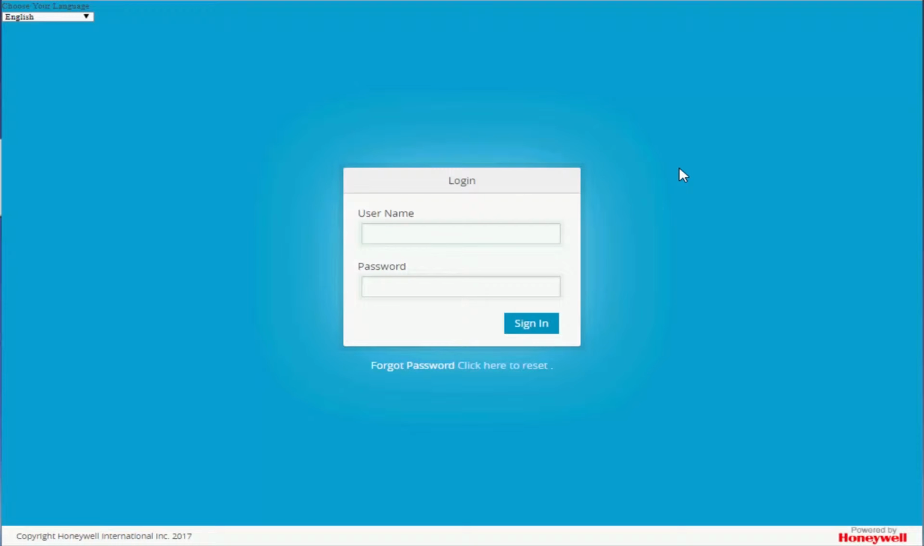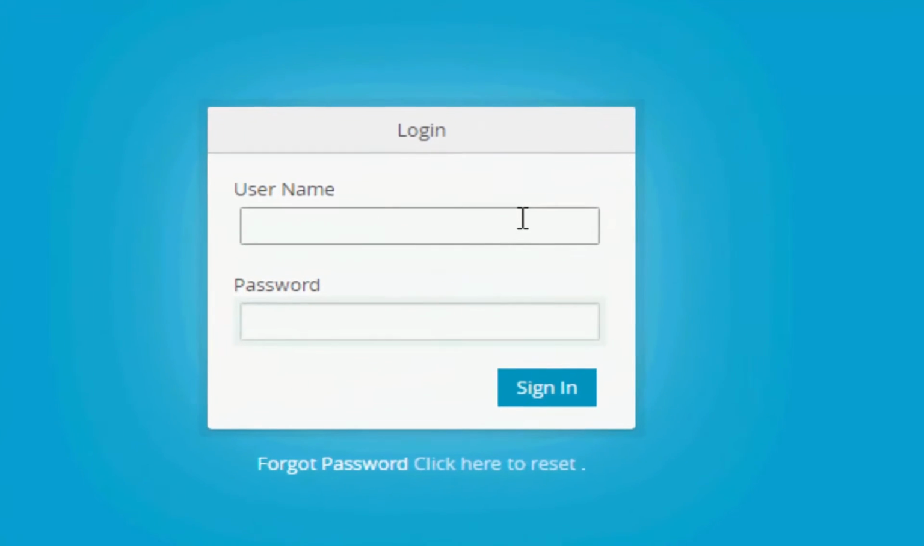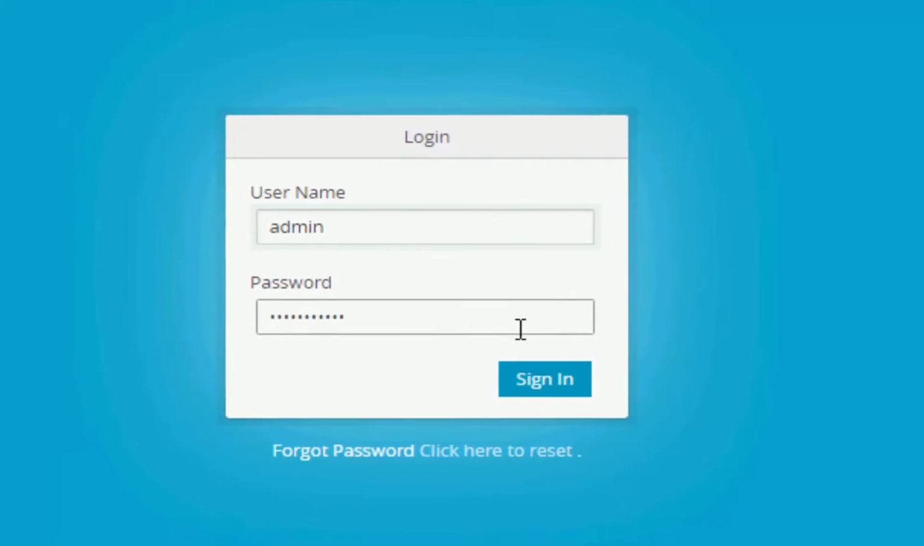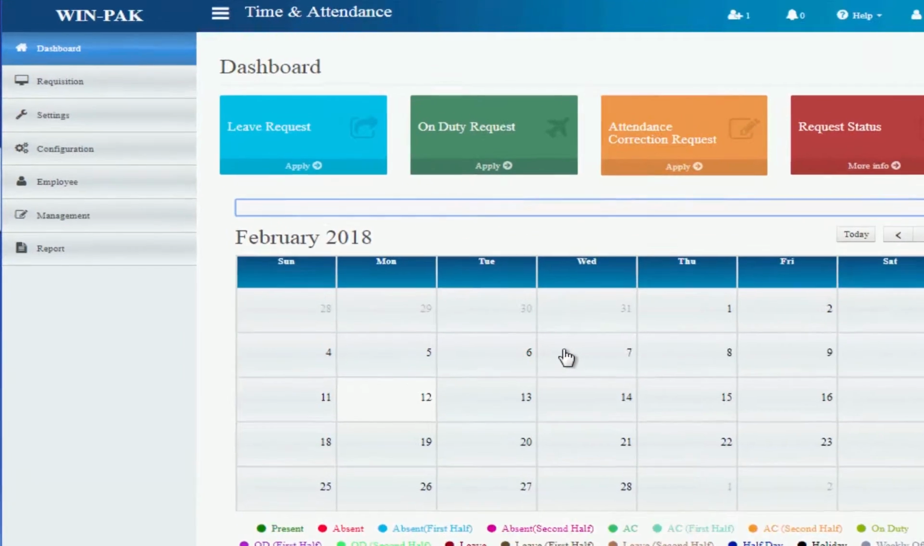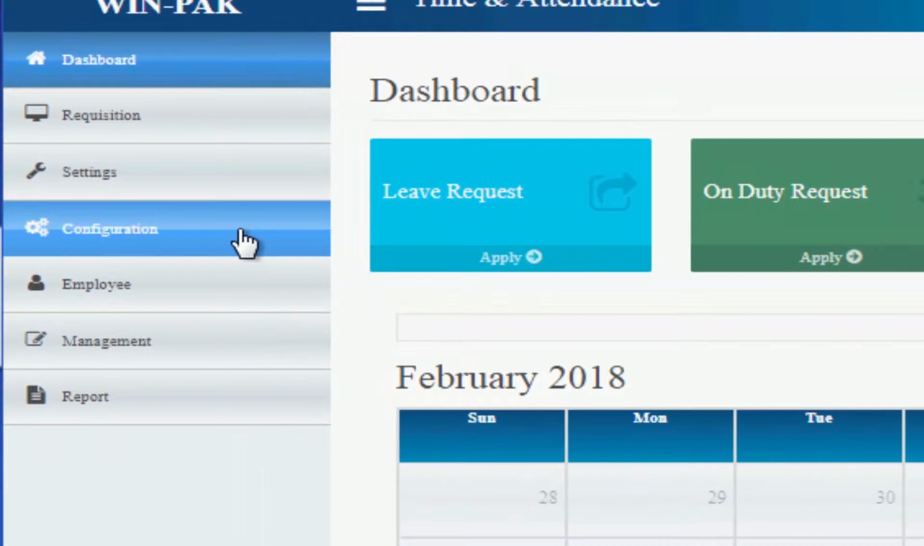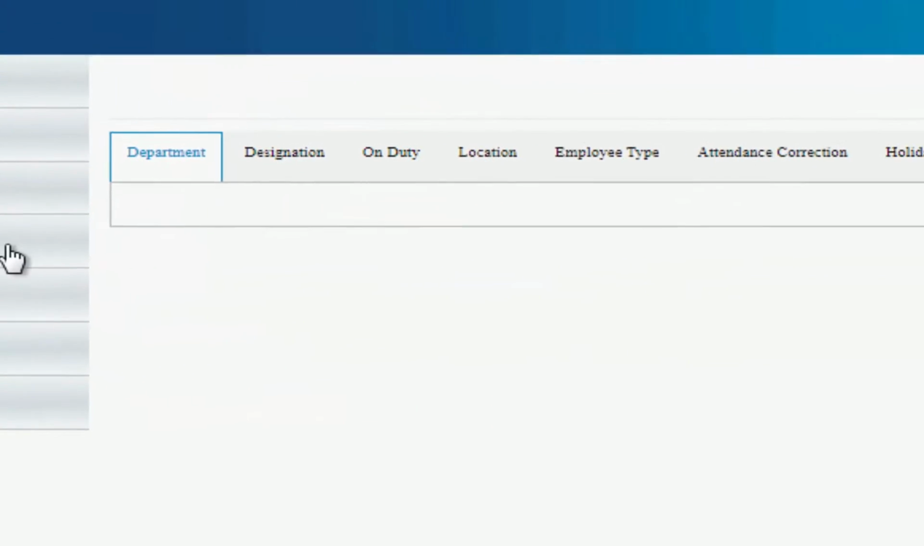Hi, in this video we'll view how to configure the location tab for the web interface of time and attendance. We'll begin by logging into the web interface of time and attendance. Then, under the configuration settings, we're going to navigate to it, and we're going to go under